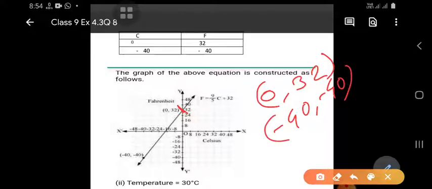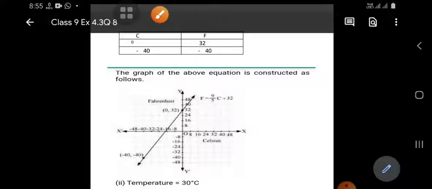Remember that in the fifth question, it says a numerical value which is equal in both, that is minus 40, minus 40. Okay, we will discuss it at question number 5. Here the point is minus 40, minus 40. That means x coordinate is minus 40 and y coordinate is minus 40. So we join these 2 points, then we get the graph. And you should always write the equation of the graph. So this graph is completed.